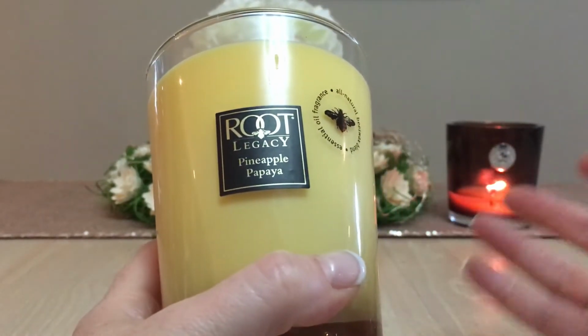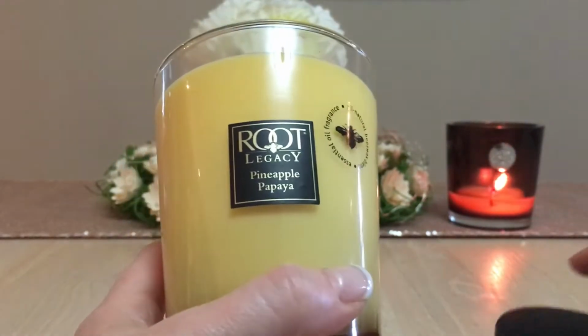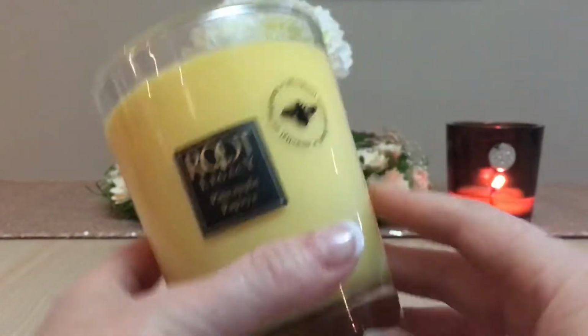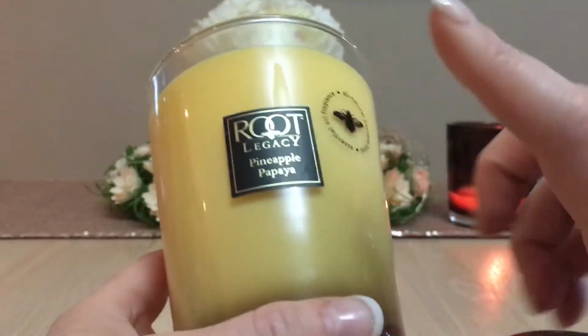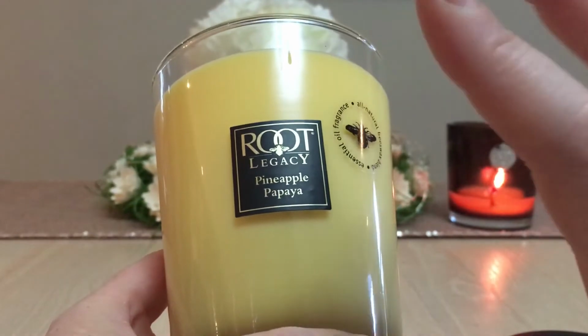Sort of like vendor wax. They use a lot of strong scents and then a blender to kind of blend a few things together. It smells like a smoothie with pineapple and papaya. I say pineapple stands out a little bit more than papaya, which I'm thankful for, because